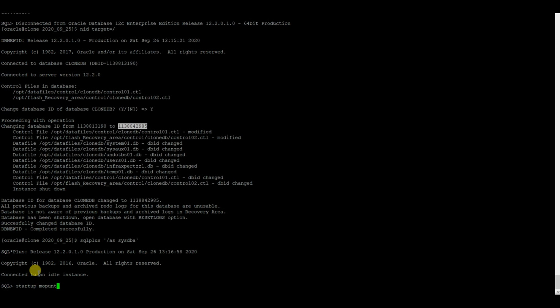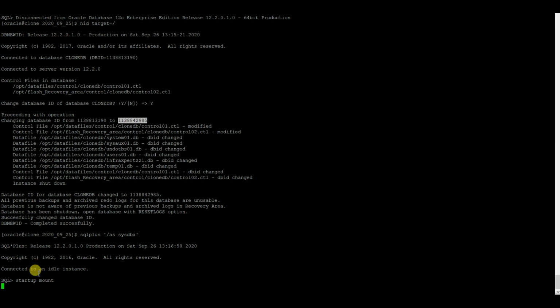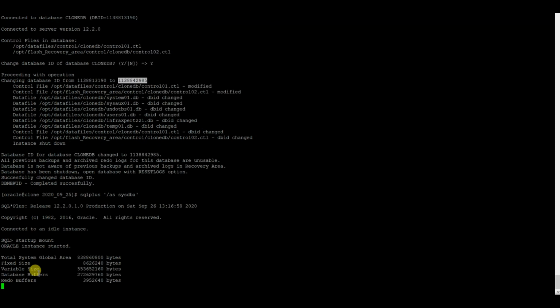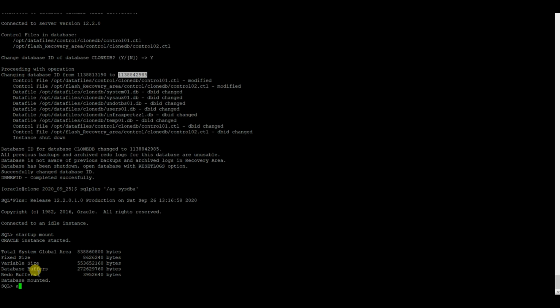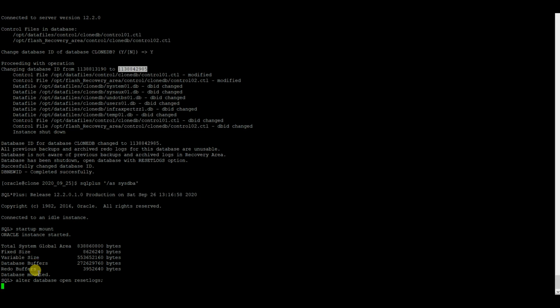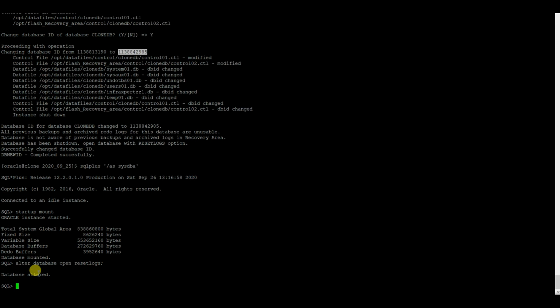I will start up mount the database, and then fire the command alter database open resetlogs. So my database is right now available.